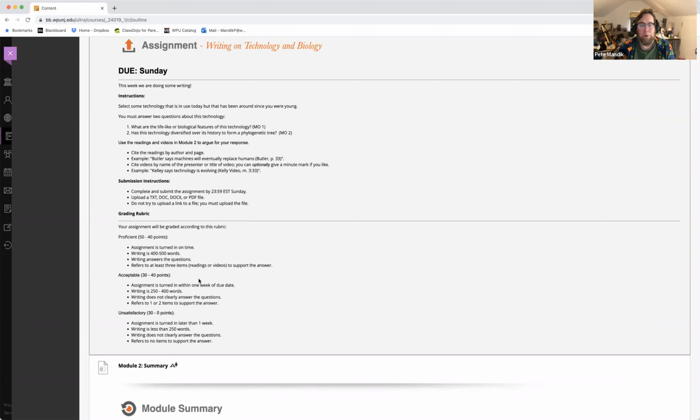Another common question people ask about writing assignments is, do they have to go find outside readings? Well, let's use the same mindset. Does it say here that you have to find outside readings? It says you have to use the readings and videos from the module, but those are not outside readings. Those are inside readings. It says you have to use those inside readings, but do you have to use outside readings? Well, if you did have to use outside readings, that would have been mentioned in the instructions, but it's not mentioned in the instructions. So it's reasonable to conclude that you don't need that.